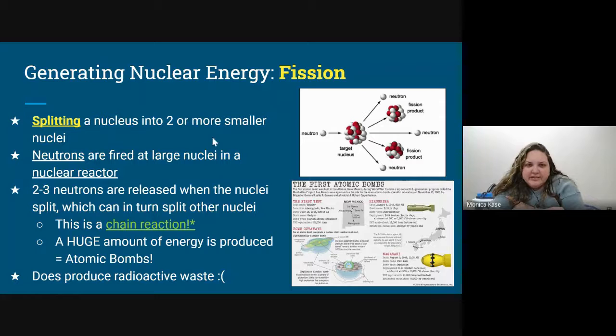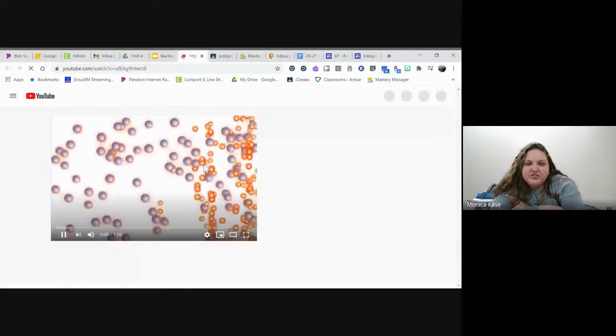So that one neutron is being fired at a larger nucleus, and it is spitting out 2 or 3 more neutrons. This is creating a chain reaction,